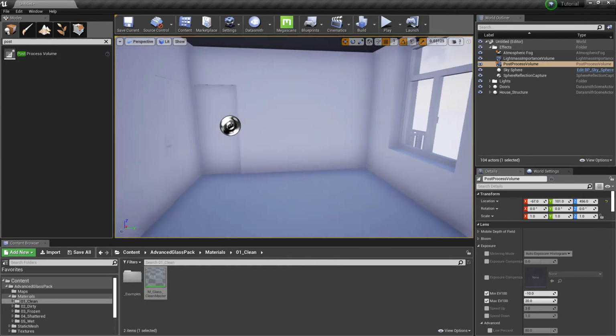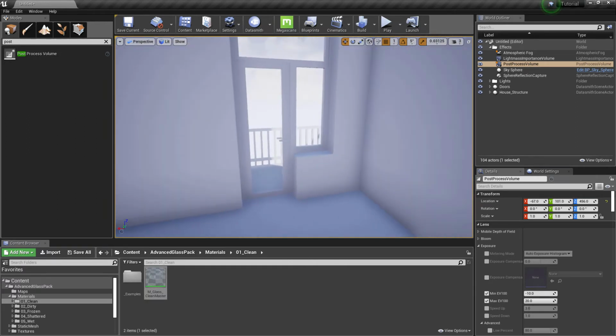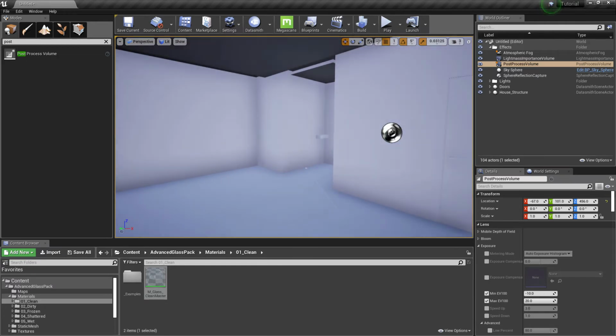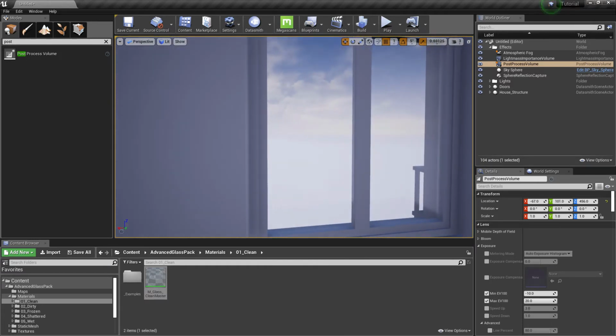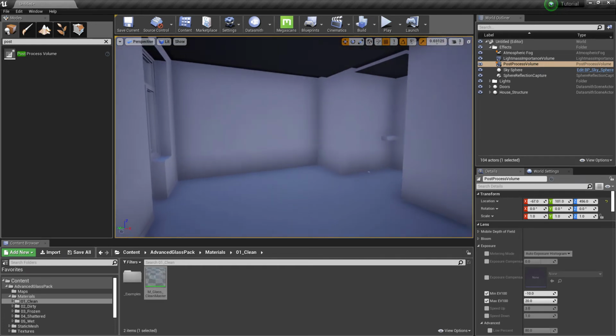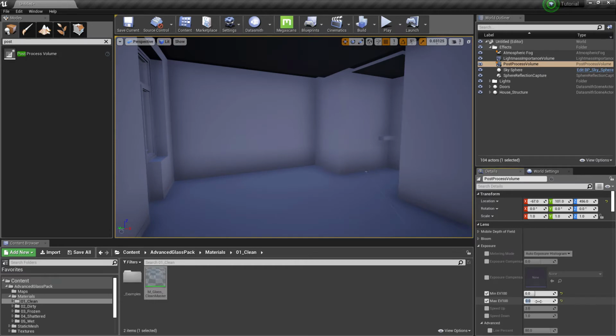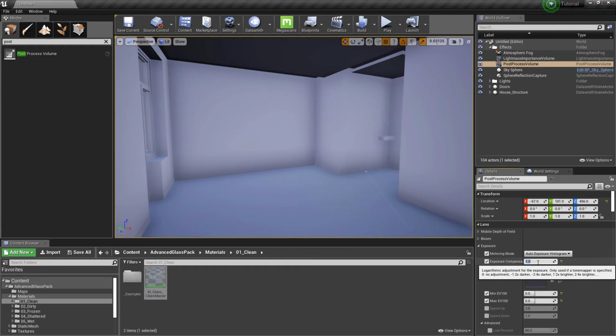In real life, when we look from a bright area to a dark area, our eyes try to adjust to the low light. This also happens in Unreal, and we need to disable it for now to avoid any distractions. Let's set the minimum EV and maximum EV to the same value to disable it. Enable metering mode and raise the exposure to 1.